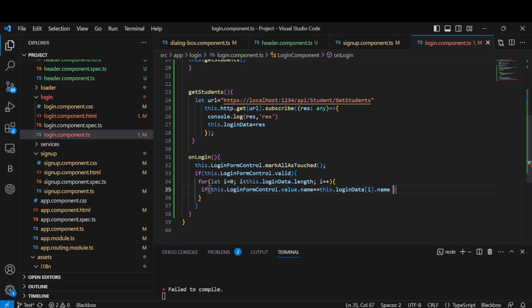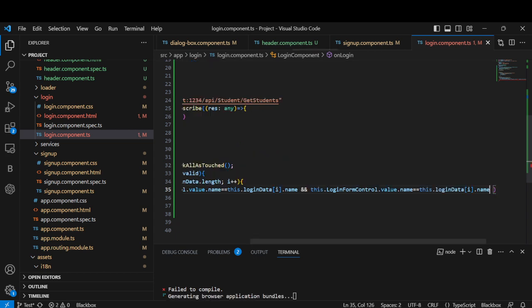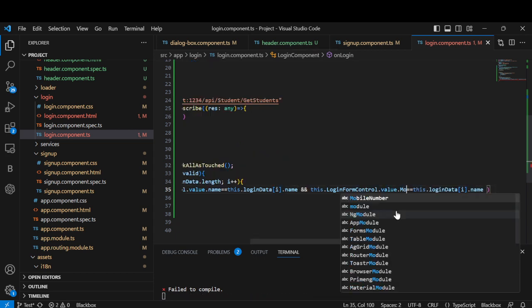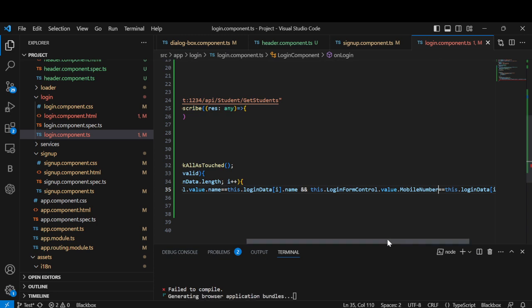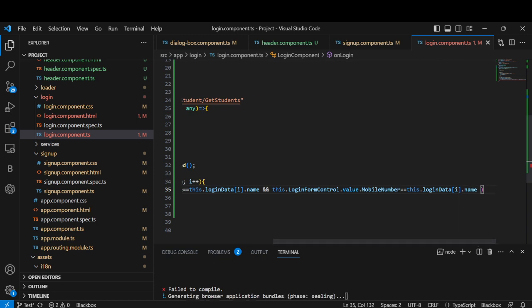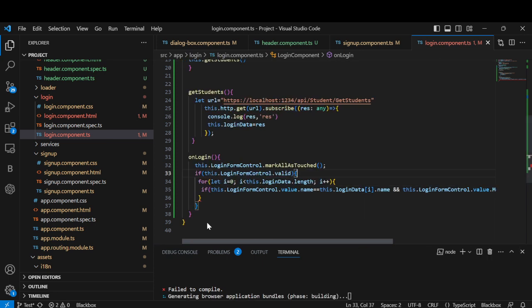So what I am doing here is comparing two variables. I will check both name and mobile number, so it will not cause any issue. I will add a mobile number here, and here also as a mobile number. This is supposed to be small, I think. From the backend I am getting it as small, so there should not be any difference. Okay, so now